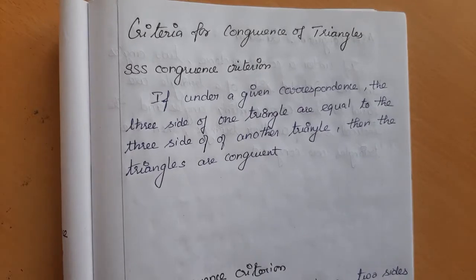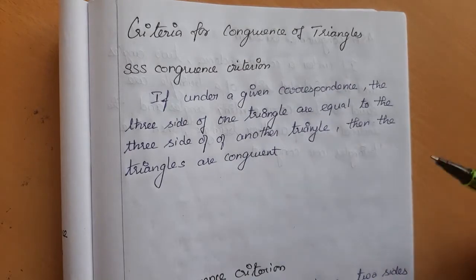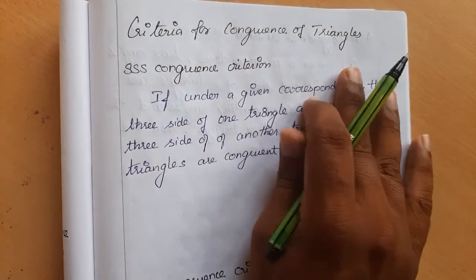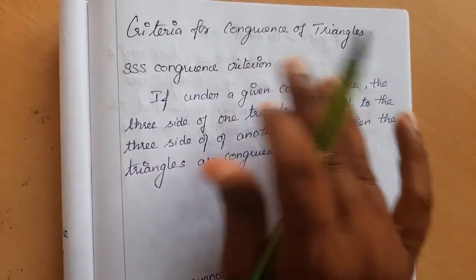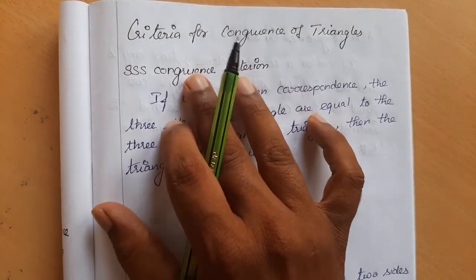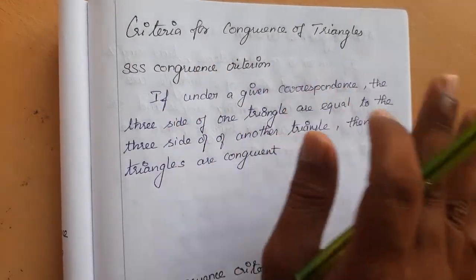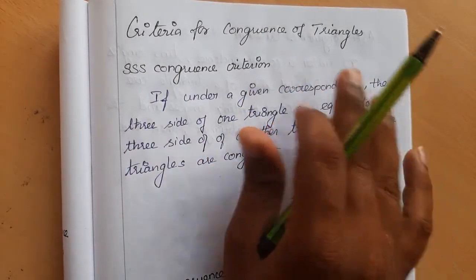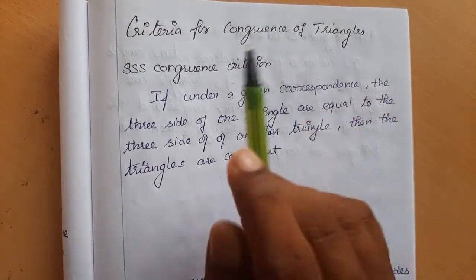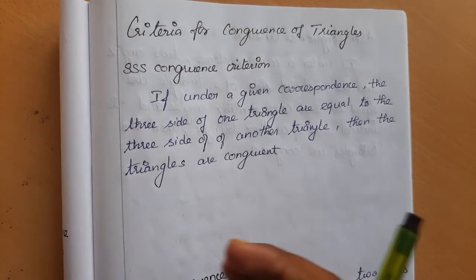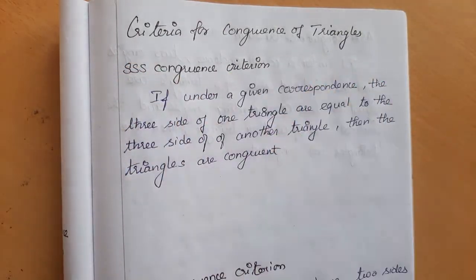So here we're going to learn about criteria for congruency of triangles. We learnt earlier that if all the angles and all the sides are the same, then we say both the triangles are congruent. But it is difficult to prove every time that all the sides and all the angles are the same. So with some criteria, we need not prove all 6 parts. Any 3 is enough. Totally there are 4 criteria. Just this is enough to check whether they both are congruent.